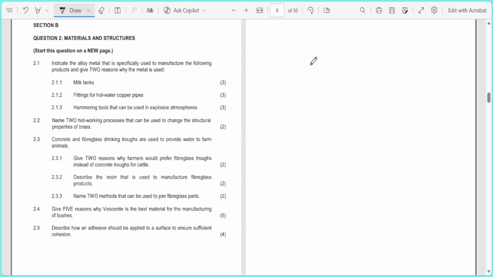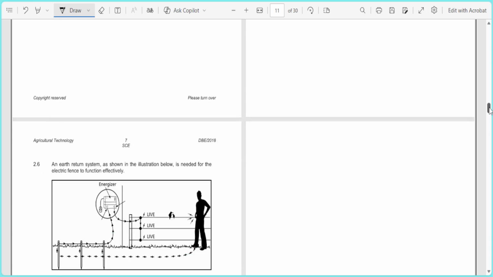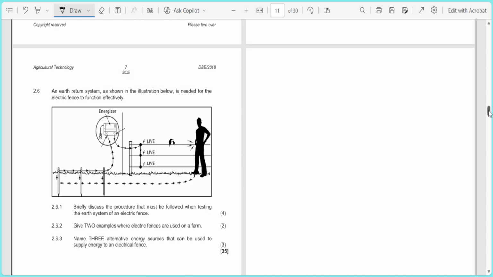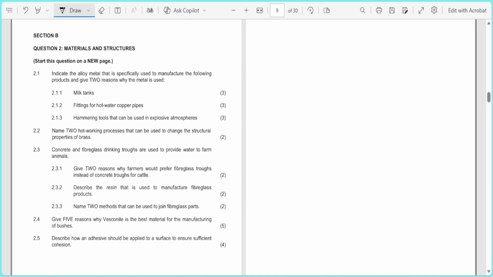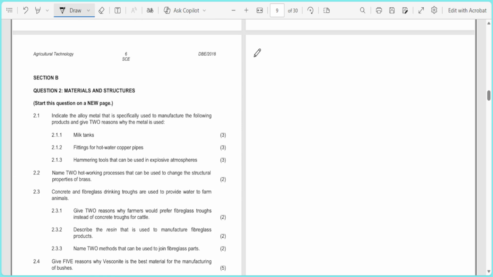All right, question 2, materials and structures. Now, question 2 starts section B. So we're going to go over question 2 starting from 2.1 all the way up to 2.6 for 35 marks. Okay, so for the first question, that is